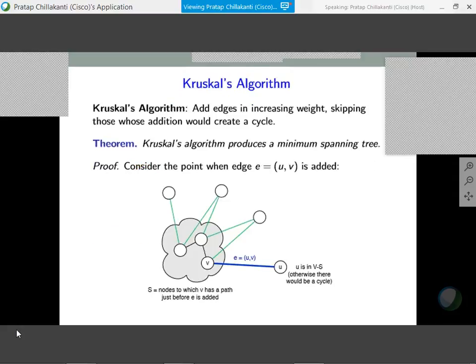Now, when it comes to Kruskal's algorithm, similar thing. Here, what we are doing is instead of taking the root node and then adding edges, we start adding edges in increasing weight. Now, as you're adding edges, you have to go back to the cycle property and make sure there is no cycle. Okay. So I don't think I went deep into this one, but as long as you are,